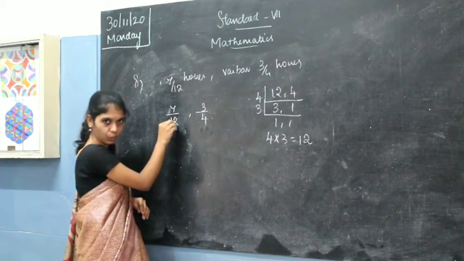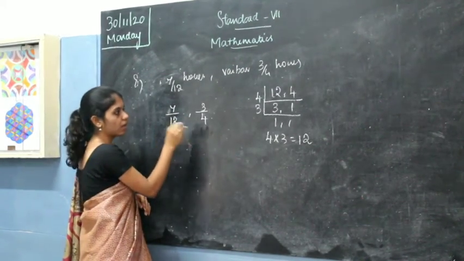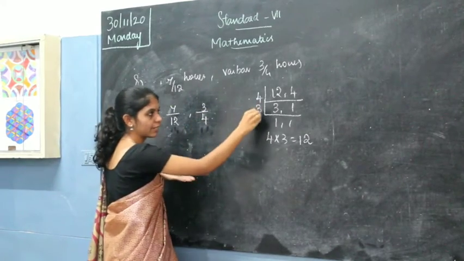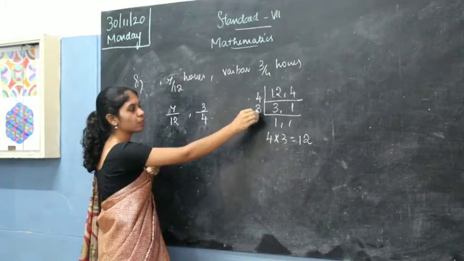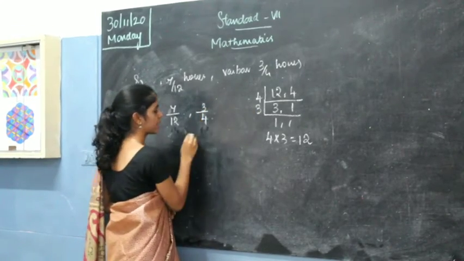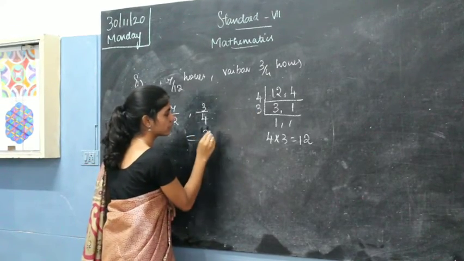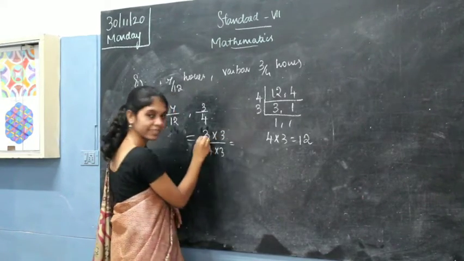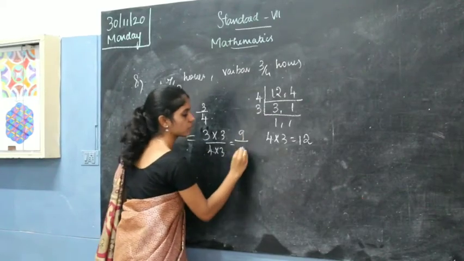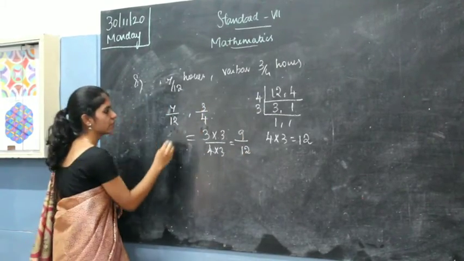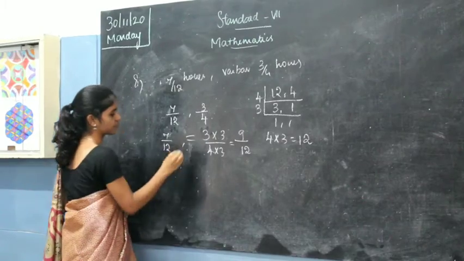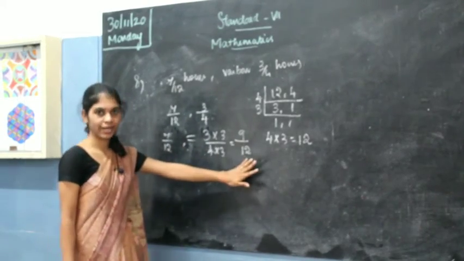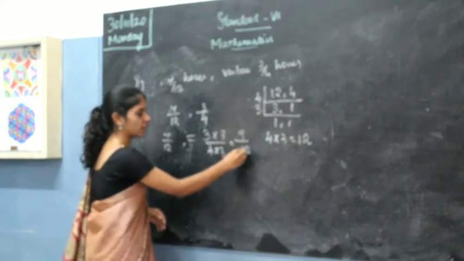We are going to make this into like fractions. Here 7 by 12, so it's already 12. Now we are going to the next part. Here 3 by 4, 4 into 3 will give you 12. So taking the second part, 3 into 3 divided by 4 into 3. 3 3s are 9 divided by 3 4s are 12. Here you have 7 by 12. Now you can compare, right? Here you have 7 by 12 and here you have 9 by 12. Which is greater? 9 by 12.